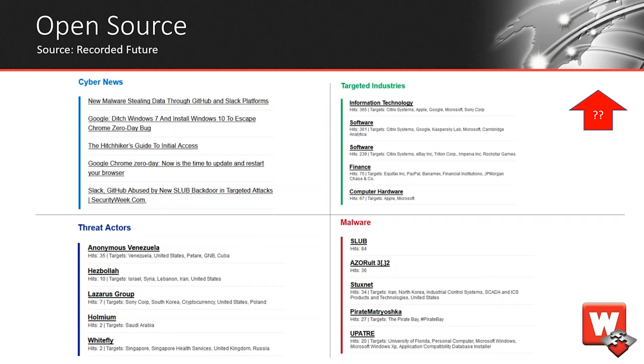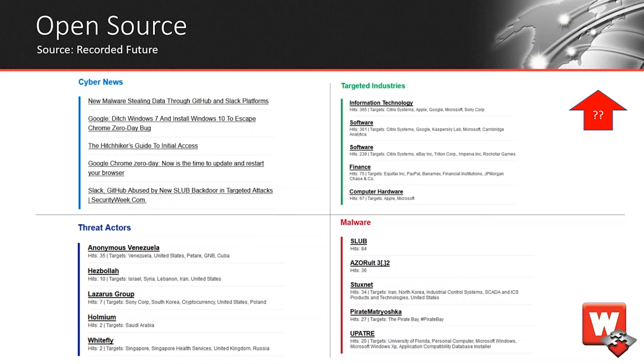For this week in malware, we have Slub malware making the list, which is relatively new. Azorult and Stuxnet having the highest mentions. Slub malware uses Slack channels and GitHub to steal data from Windows PCs. The malware was named Slub because it's a combination of the words Slack and GitHub. And it was named this because the attacker relies on Slack to communicate and steal data from infected PCs.